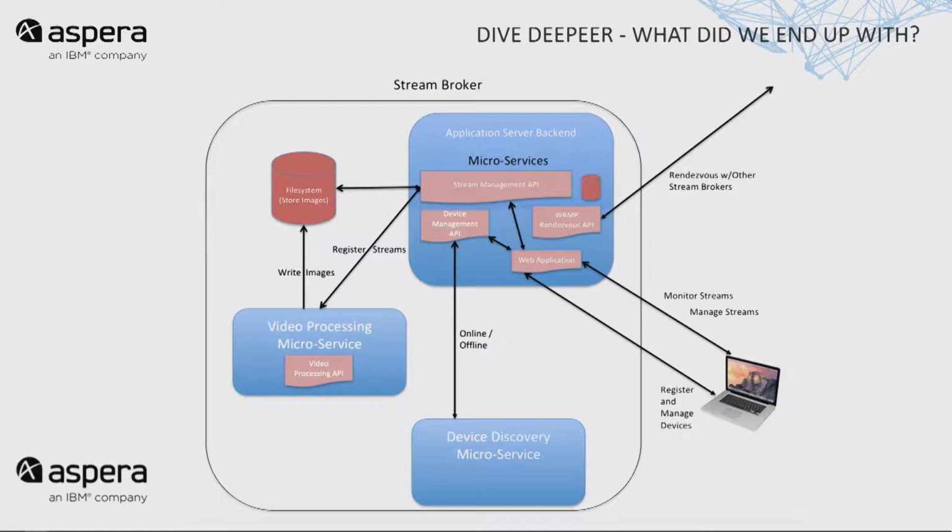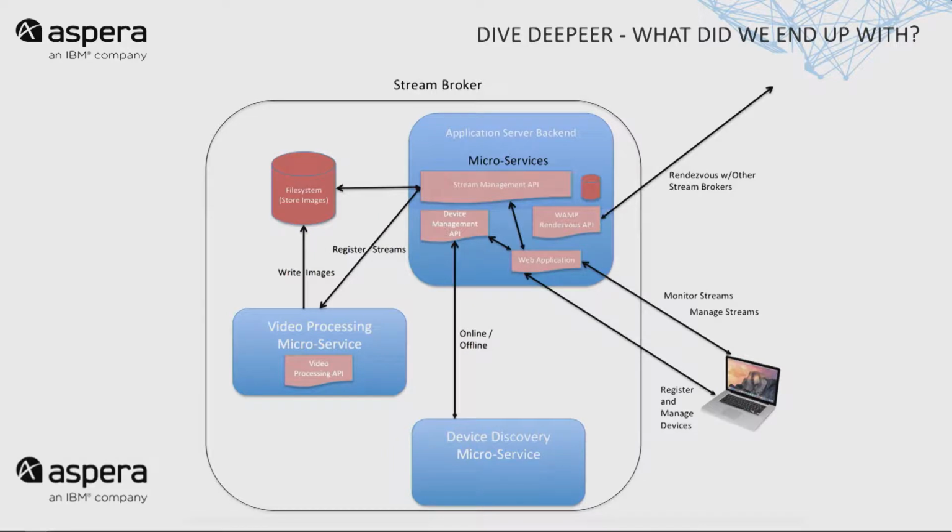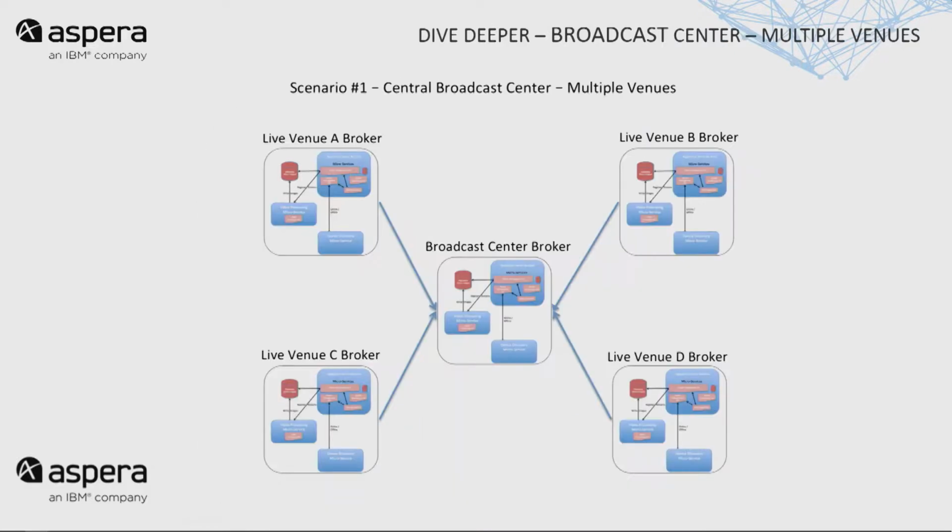And the one I like in here is a video processing service. What that does is it creates thumbnails so you can actually see what's happening local, respectively local to what you're doing. So if you're at a receive site, you'll see what's coming in through thumbnails. So there's no question of what that system is. This whole box is a stream broker. So that's something that's going to live, called a gateway, that lives at a site, and it's going to connect all the endpoints at that site through Rendezvous to another stream broker at perhaps a broadcast center.